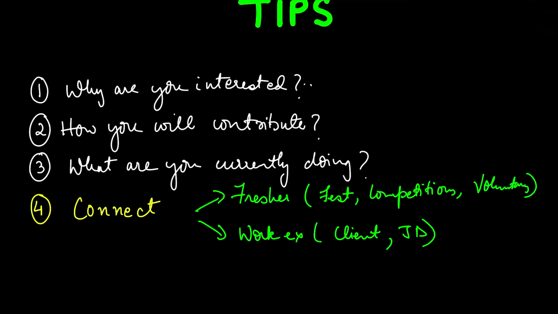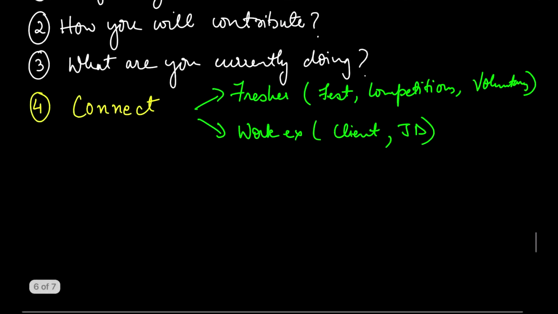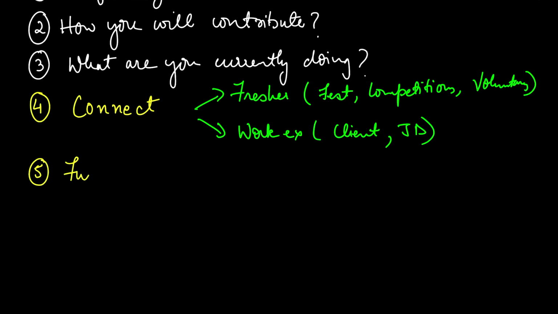Okay. Now, the last thing which you need to put into this is again a very important point, and that is your future. Like what you plan to do is very, very important to be placed in your SOP. That does not only mean that you will be helping the society and becoming rich and becoming CEO. No, that's not the plan I'm talking about here. I'm talking about how are you planning to improve yourself using this course. Repeat. How are you planning to improve yourself with this course?